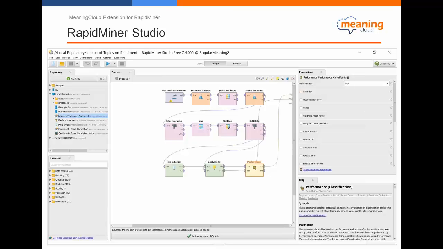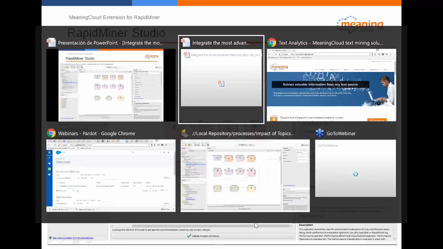And essentially, this particular product, RapidMiner Studio, is a visual design environment for building complete predictive analytics workflows. It's an all-in-one tool that features hundreds of predefined data preparation and machine learning algorithms to support your data science projects. So, for example, let me go to the product itself and show you how it looks.